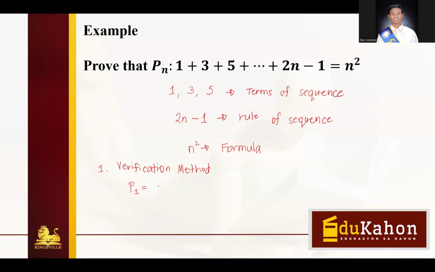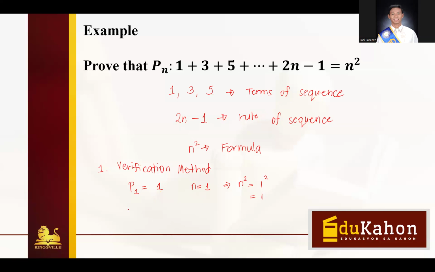having a first term which is 1, right? So meaning if p sub 1 is equal to 1, then this is your first term, which is n is equal to 1. And by the formula, if you substitute the value of n, n is equal to 1 to n squared, so n squared will become 1 squared. And we know that 1 squared is just equal to 1. And if you try to add 1 to itself, since this is given only the first term, the value is just equal to 1 itself.